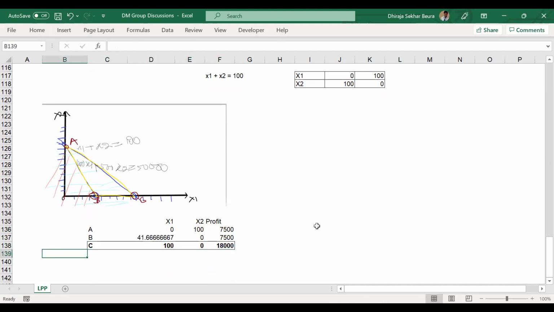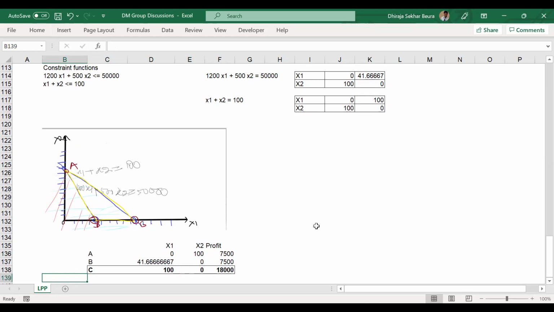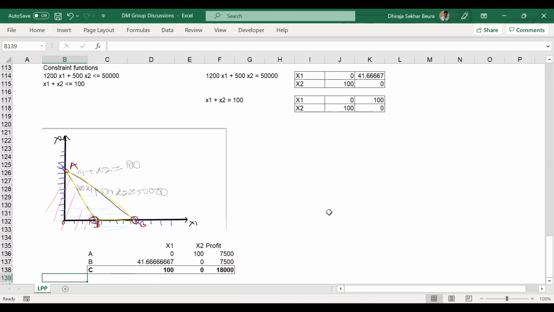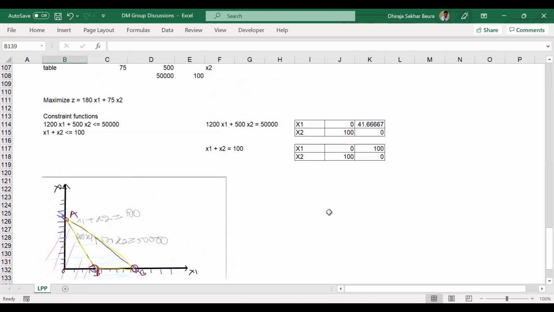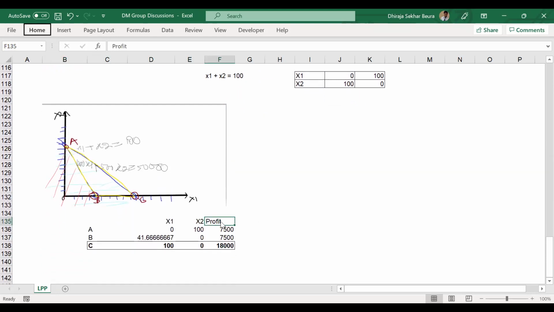Okay, now tell me where you made mistakes if your answer is not matching, and we'll go from that. I might also have made a mistake, so I'll also verify that. We have to substitute the x1 and x2 values in that equation, right? What we had written, z equals 180 x1 plus 75 x2. We got x1 and x2, which means we need to find out which is the maximum value, based on ABC or wherever the intersection is happening. Yes, absolutely.